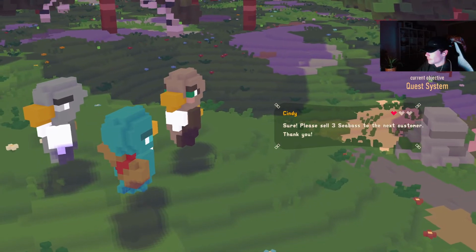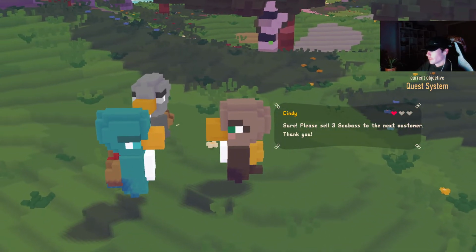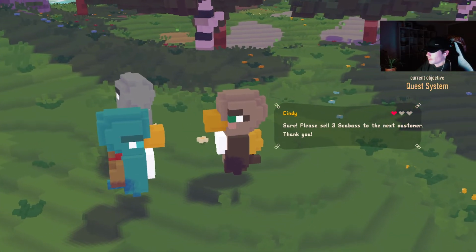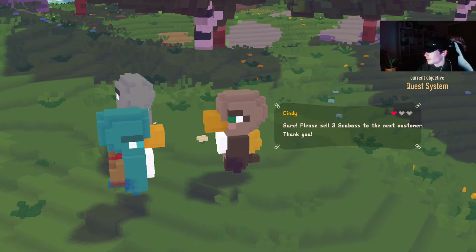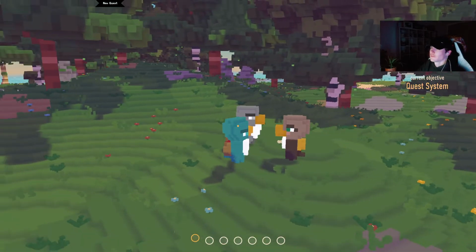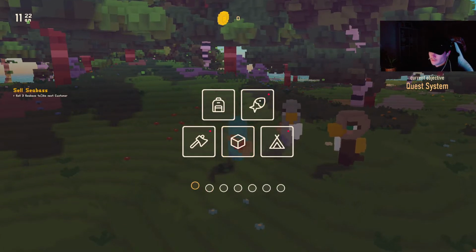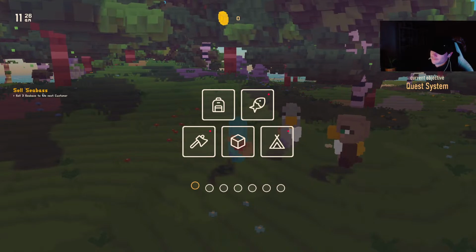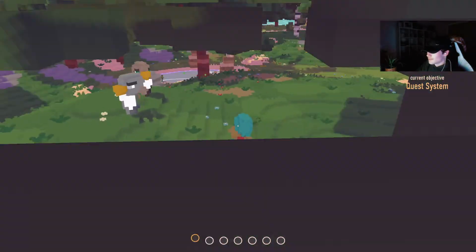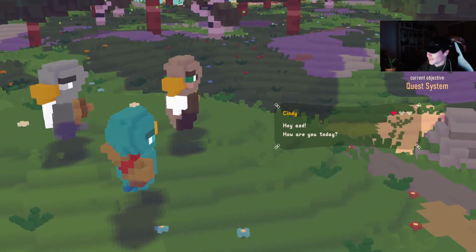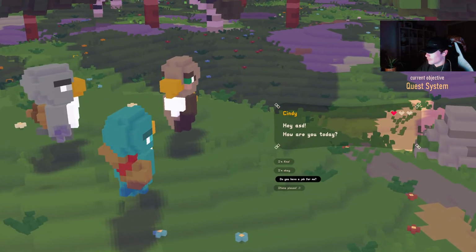"Sure, please sell 3 cbass." Oh, it's a little too long. Okay, sure, it goes out of the text box, but that's not a big deal. "Please sell 3 CBS to the next customer. Thank you." New quest, and we get it on the left. Wow, that is perfect. I mean, if I do this again,